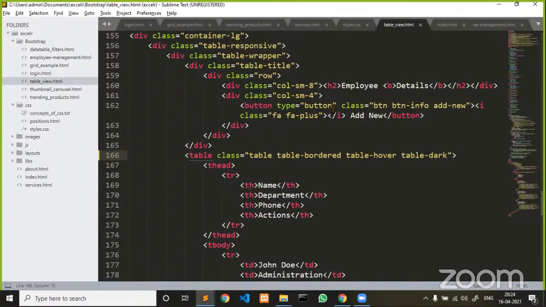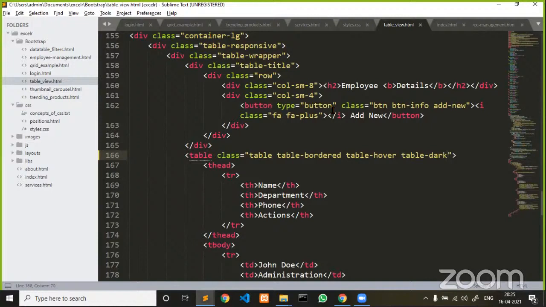Since I am familiar with Bootstrap, I have remembered all the classes which are there in table. Not only for tables, but each and every tag in HTML. For paragraph also there are predefined classes, paragraph, list, image, forms, division. For every element in HTML, Bootstrap has associated classes. I hope you people are aware of it. If you guys have any questions, feel free to ask.